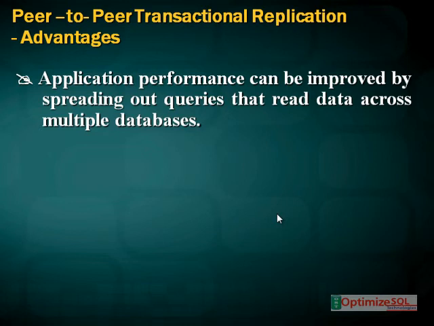Why performance? Because we are dividing already. If 10,000 users are there, 3,000 here, 3,000 here, 3,000 here, it should be updated in the other two nodes. How many people are working here? Only 3,000, not 10,000. The number of users is also reduced, distributed. If all 10,000 people are in one place, there is a problem. So divide it.